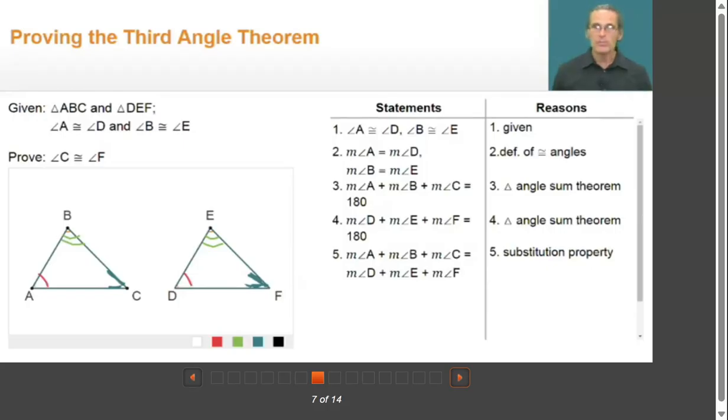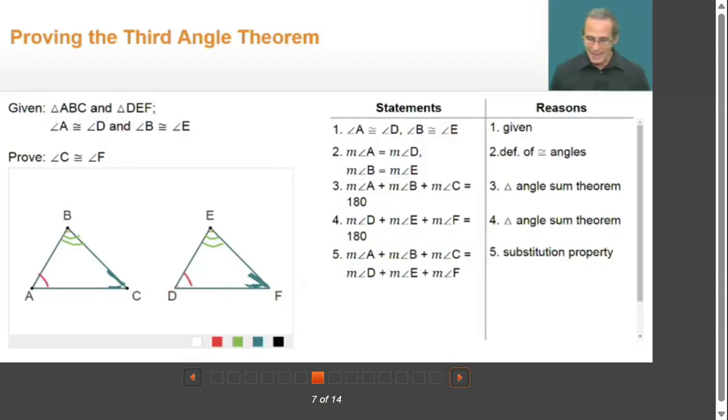And once we have those sums set equal to each other, look very carefully at step 2. Because while step 2 says the measure of angle A is equal to the measure of angle D, we can interpret this to mean we could replace the measure of angle A with the measure of angle D. So if I take a look at step 5, on the left side, I will replace the measure of angle A with the measure of angle D. Also, I will replace the measure of angle B with the measure of angle E, again because of what I see in the second step. So again, on step 5 on the left side, I'll replace the measure of angle B with the measure of